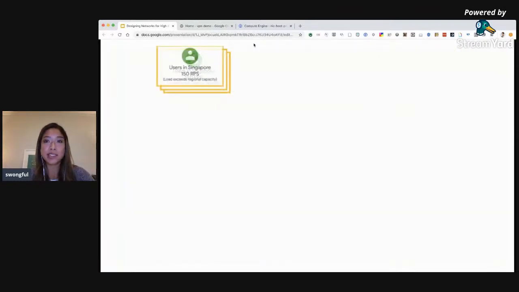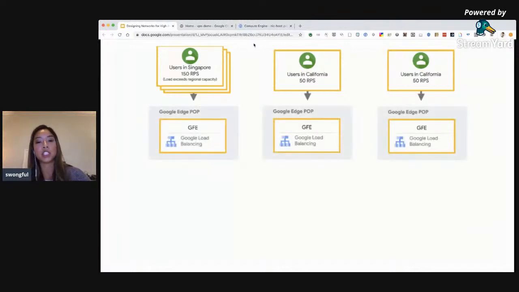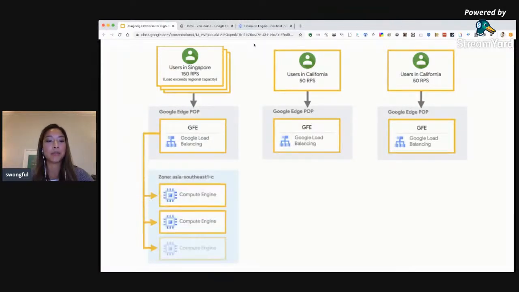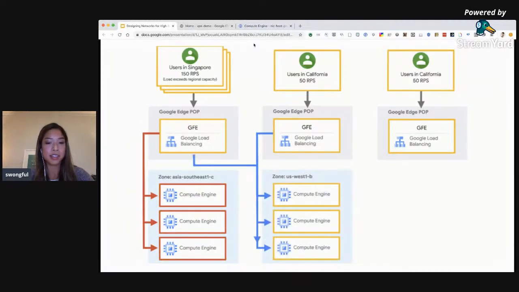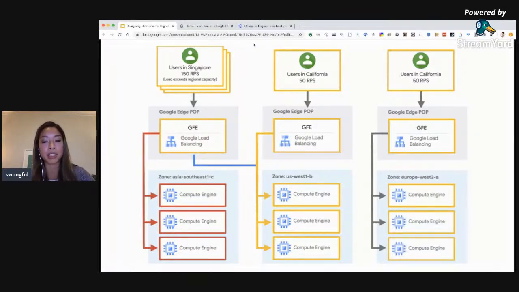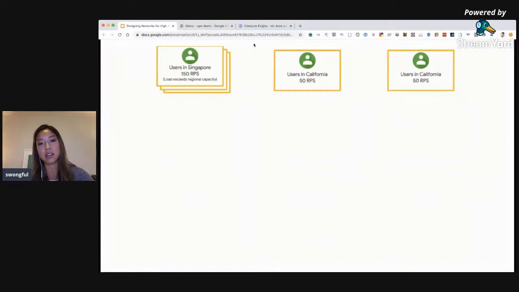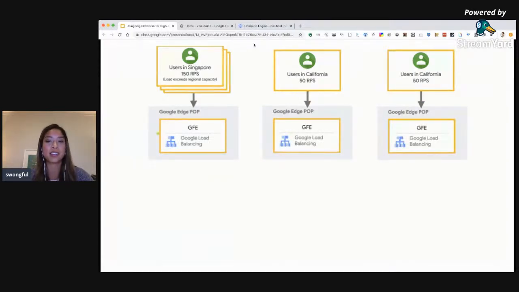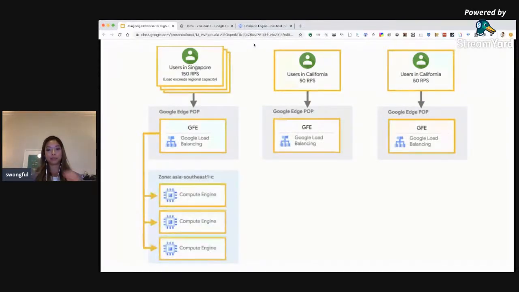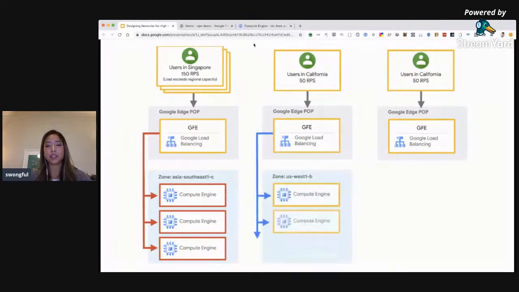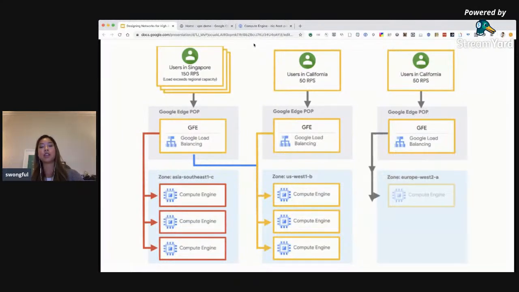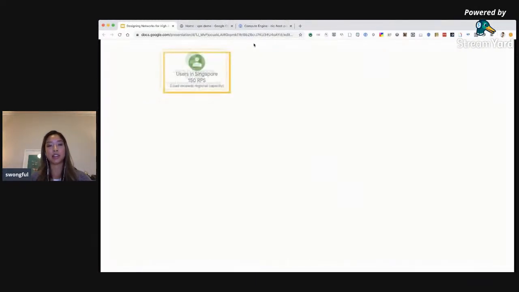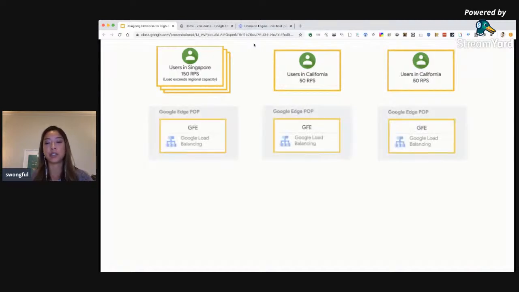If you need to add more instances based on load, it will also work in conjunction with what we call auto scaling. If you set a certain limit for CPU utilization for your instances, maybe you have a max auto scaling limit of 5 instances, it'll scale up automatically to 5 instances. Once it hits its utilization maximum for 5 instances, it'll then spill over to the next closest region. So all in all, this allows you to implement something that's not only highly scalable and available in one region, but across regions. And the load balancer acts as another layer that will allow you to have a better user experience overall.